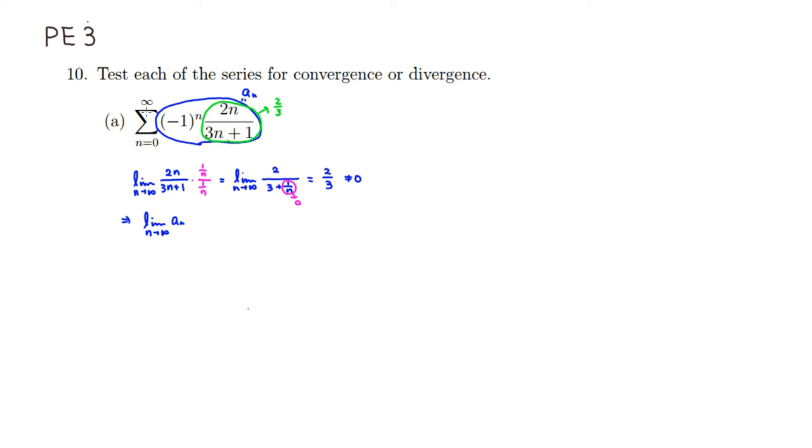Then what this guy does is alternate the sign. So it's going to go almost positive 2/3, then negative 2/3, positive 2/3, and negative 2/3. So this sequence is going to go between positive 2/3 and negative 2/3, so it never approaches a particular number. Therefore, this limit does not exist, which means of course it's not equal to 0 because it doesn't even exist. Therefore, this series is going to diverge